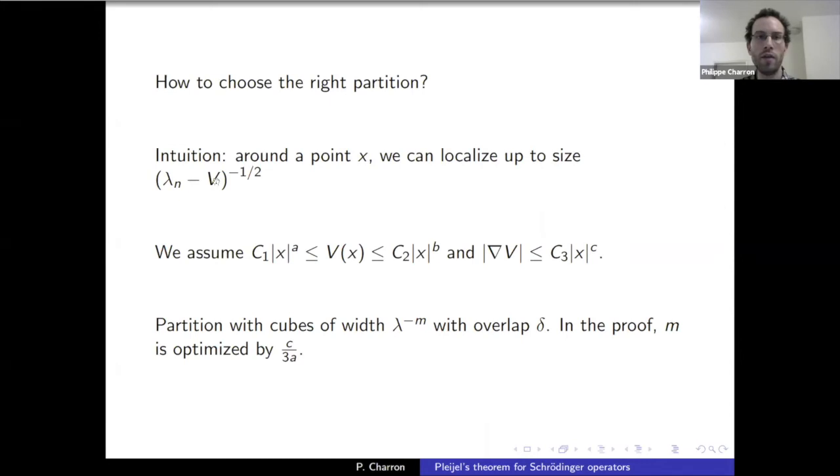Which again, if you have v, it can change by lambda to the c over 3a, so that's the radius, or lambda to the minus c over 3a, but the gradient is x to the c, so you multiply it by c, and so you get something which is like, if it compounds too quickly, then you'll never get something good enough. So you need to have something which is already quite small, such that even if, let's say, c is bigger than a, then it doesn't compound.